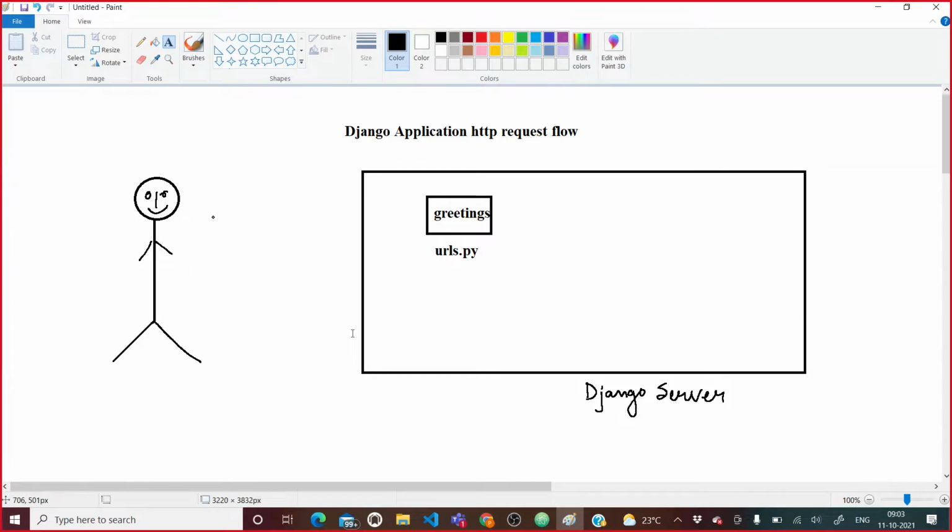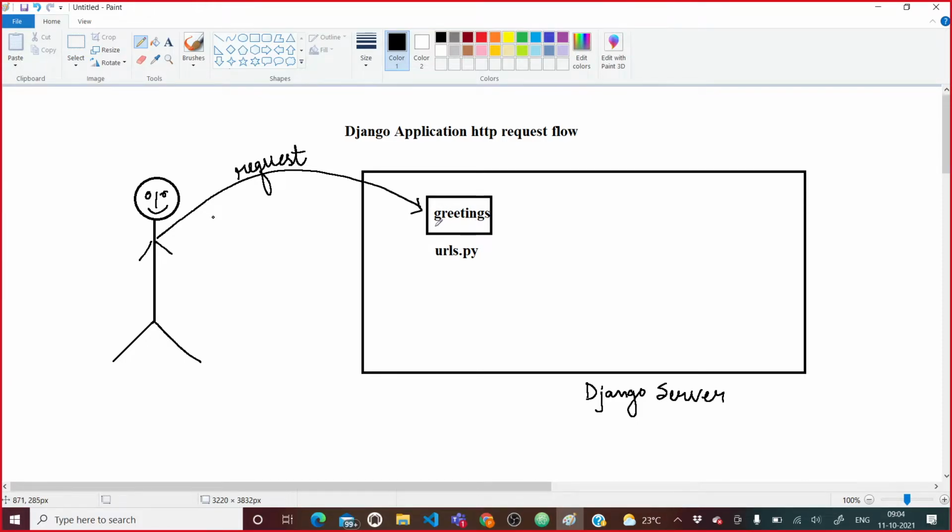Now after this, what will happen? See here, first this user is going to send you the request. This request comes to urls.py.